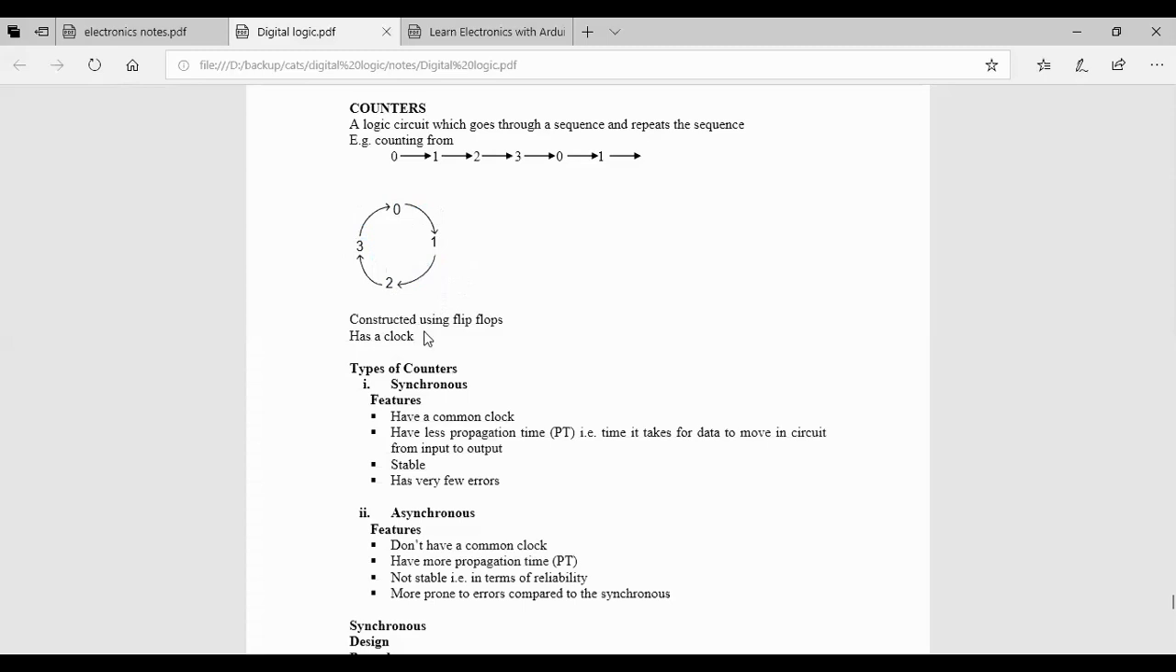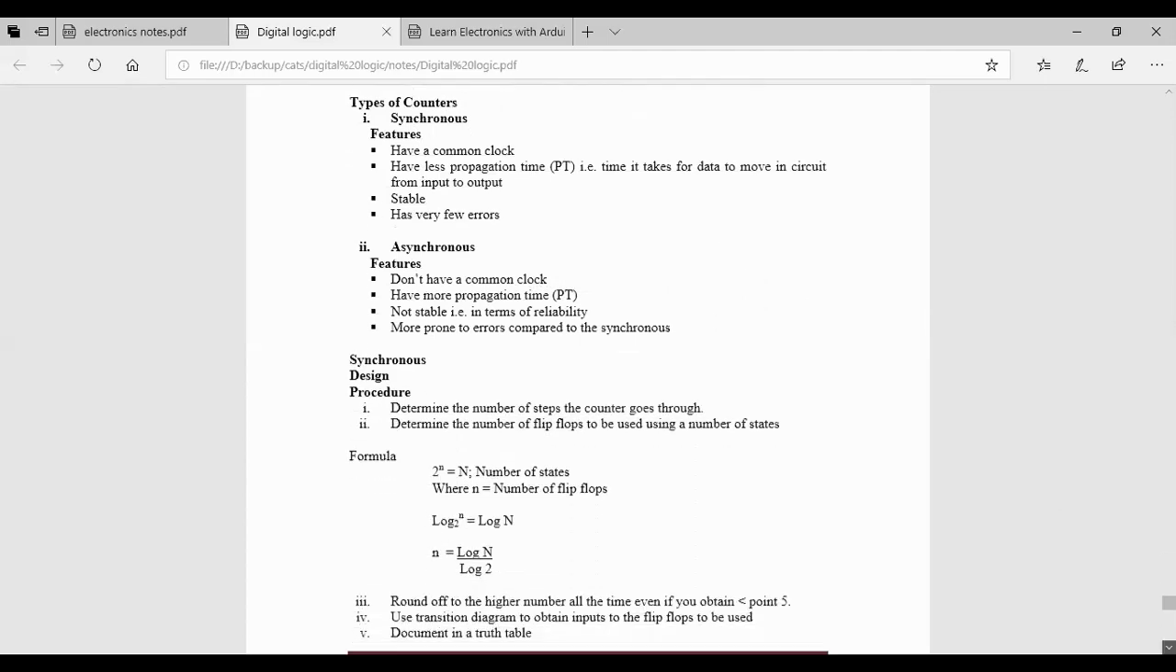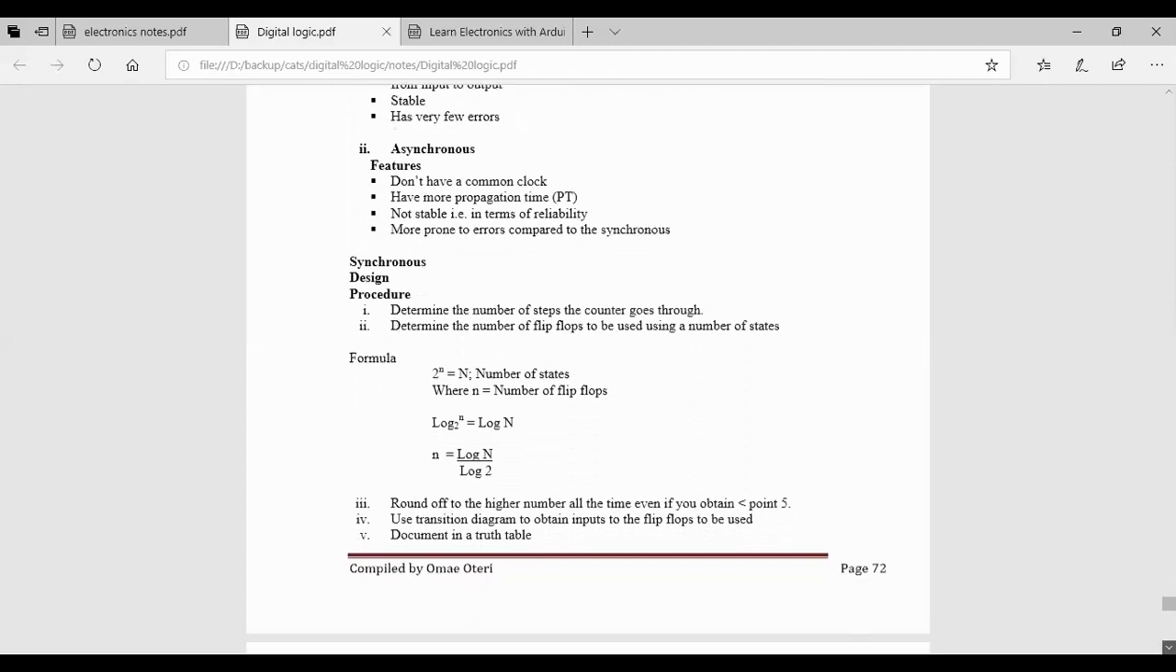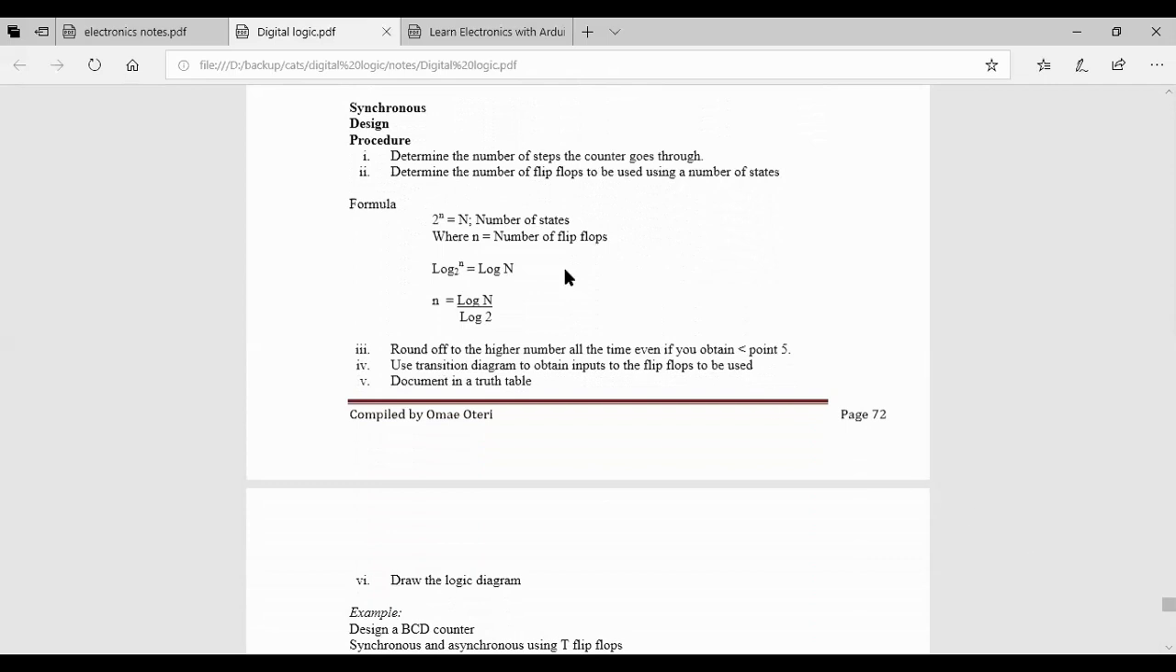They usually have a clock, and there are two types, which are basically synchronous and asynchronous. And I've just discussed those two types of devices. So those descriptions are still the same, they don't change. Then let's look at the design of